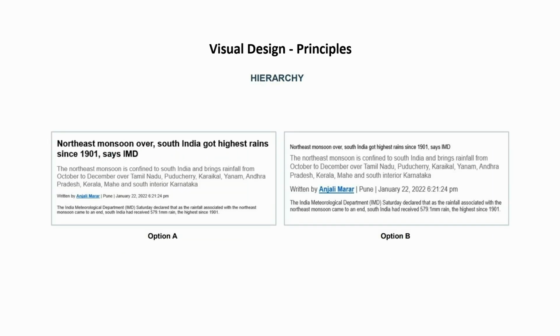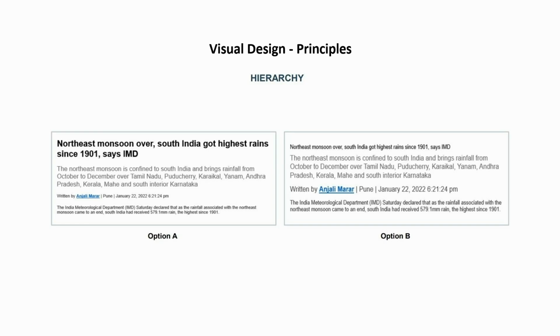Second example is hierarchy. Hierarchy, as we could think of the word, basically means somebody is above us and somebody is below us, kind of a setting, right? So there is a certain hierarchy in a system, or hierarchy in a set of words and write-ups. So this is another set of write-up where on the left side you are seeing 'Northeast monsoon over south India got highest rains since 1901, says IMD', and this particular thing has a very clear highlight. The font is bolded and it is much larger compared to the rest of the components